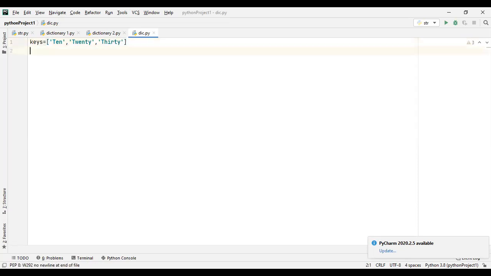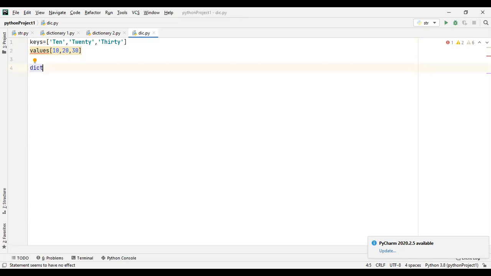This was my list 1. The second list was values, which was 10, 20, 30. Okay, now what I have to make is a dictionary. And I have to make this dictionary in such a manner that key and value should be there.